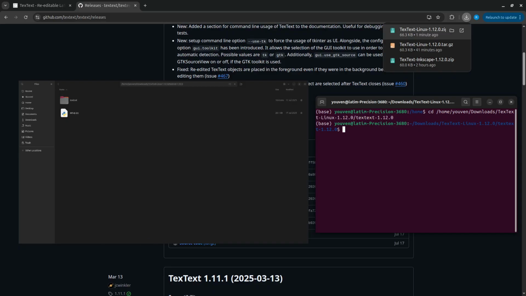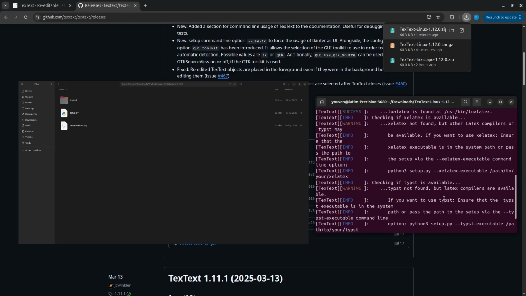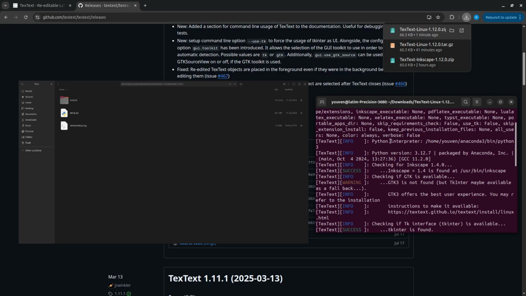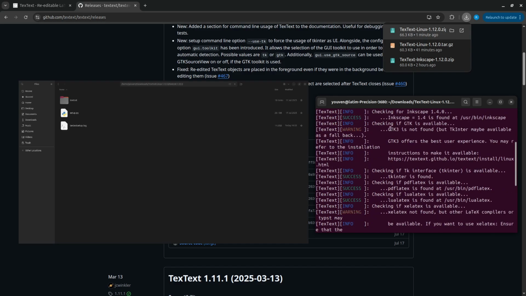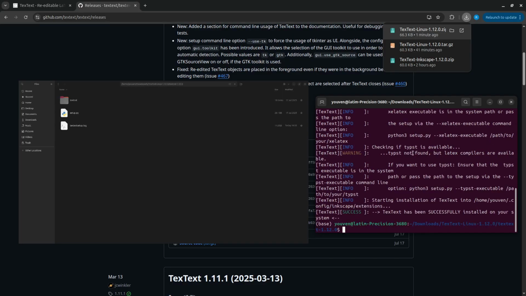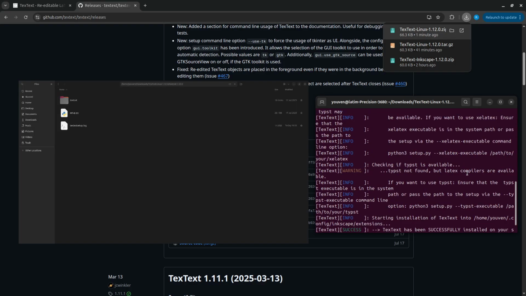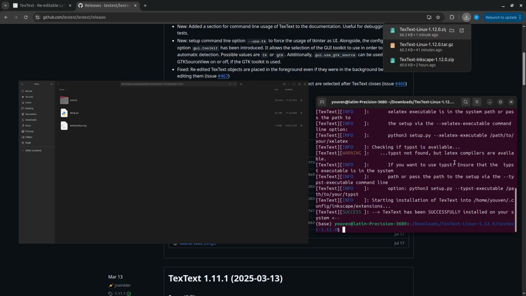So let's type python3 followed by setup, and it will give you your Python path, check which LaTeX you have, and also check which backend for the UI you are running, if you're using GTK or Tkinter. And it will show a tag with success